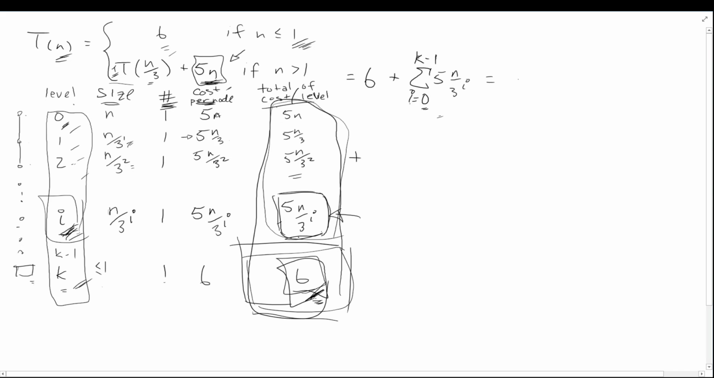Let's do one step here. So we'll do 6 plus, what can we factor out here? We've got I here, we've got 3 to the I, we can't factor that out, but the 5n factors out. We get the sum from I equals 0 to k minus 1 of 1/3 to the I. Now the important thing about this sum, usually if we've done our math right, is that you're going to get something that looks like this,